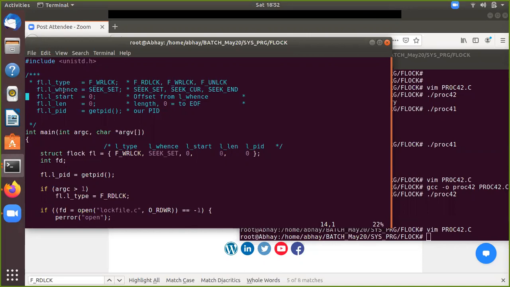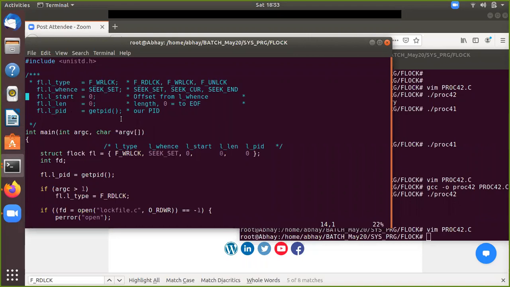You are going to say from which position. So this is like l_whence: SEEK_SET, SEEK_CUR, or SEEK_END. Basically you are moving your file pointer, the position from where you are going to put a lock, and this is the start, right? When you use this lseek, you need an offset also. Length, basically how many bytes, we have seen this. If you put a 0, that means it is from the 0 to the end of file. And the fifth member is something called l_pid.